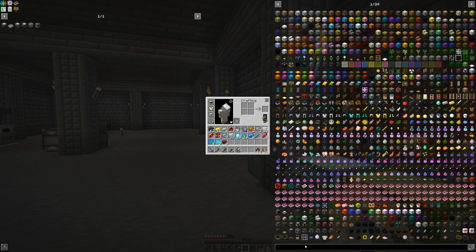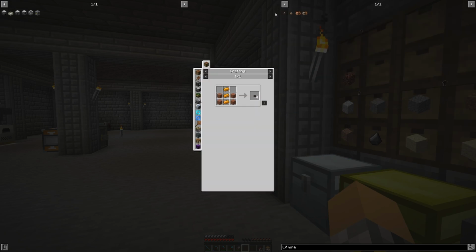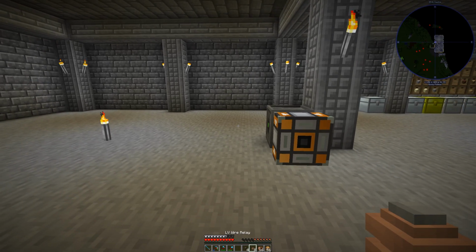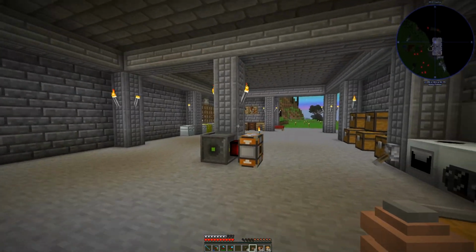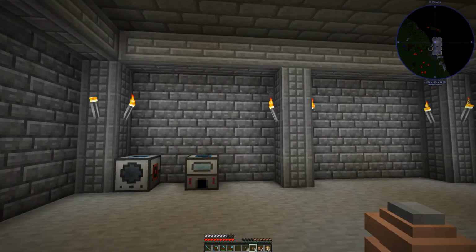Wire connector, LV wire. There we go, that shows us all the things we're going to need. So I'm going to need a connector, probably a relay or two, and some wire. Why don't I get all of this crafted up, and then I'll show you guys how it works. Alright, so I've just crafted up everything I showed you guys. As you saw, they weren't too difficult to make, and they are pretty easy to use,